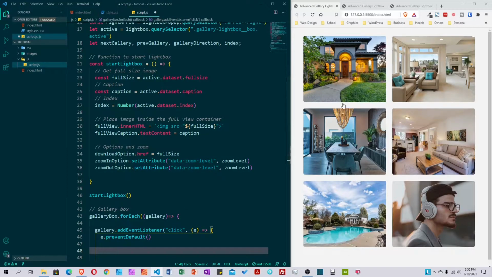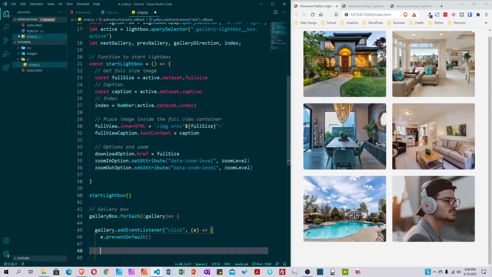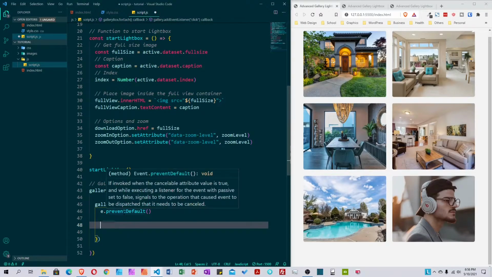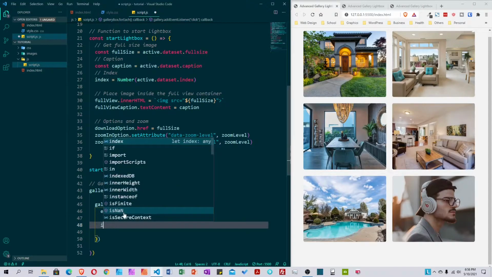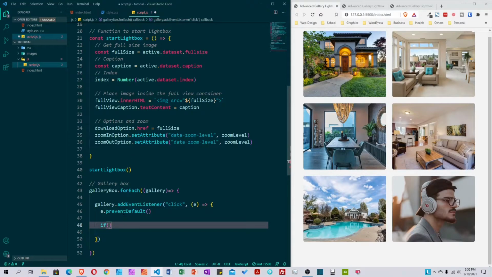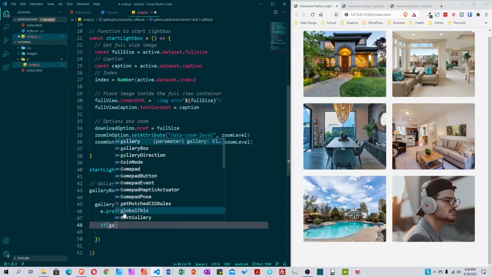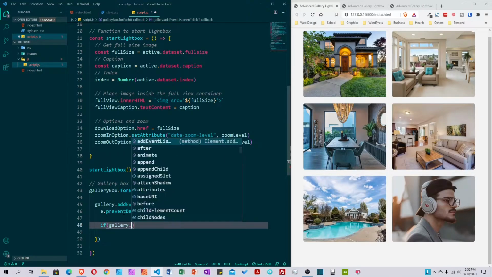But once this one has the active class and I click it again, I don't want the active class to be removed, so I want to prevent that from happening. So all we have to do is say if the gallery, the one we're clicking on, classList contains